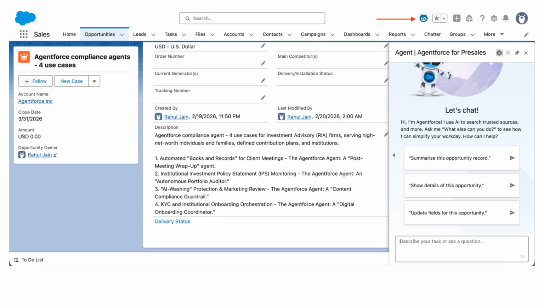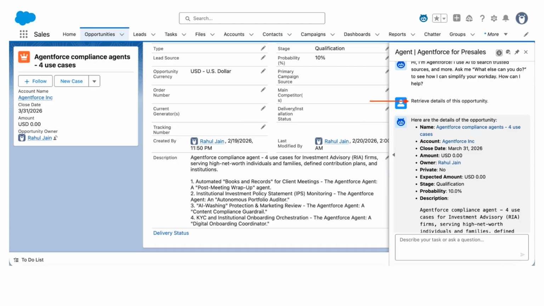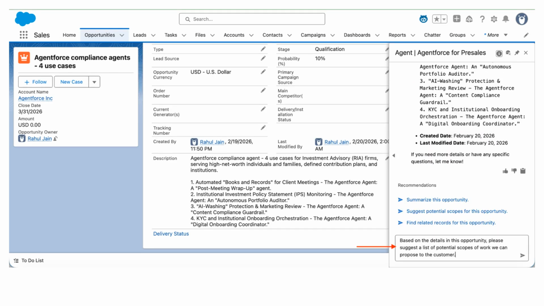Next, we engage with the Agentforce AI for pre-sales, asking it how it can simplify the workday and help. We ask the agent to retrieve the details of this opportunity, which it promptly provides, confirming the key information about the project. Based on the details, we ask the agent to propose a list of potential scopes of work to